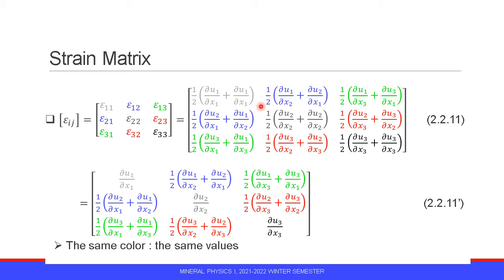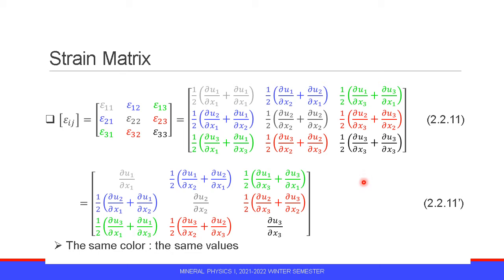Epsilon 12 is 1 over 2 round u1 over round x2 plus round u2 over round x1. Epsilon 13 is 1 over 2 round u1 over round x3 plus round u3 over round x1, and others are